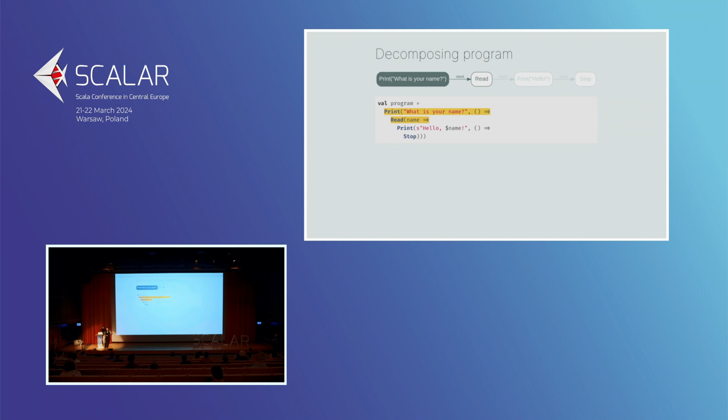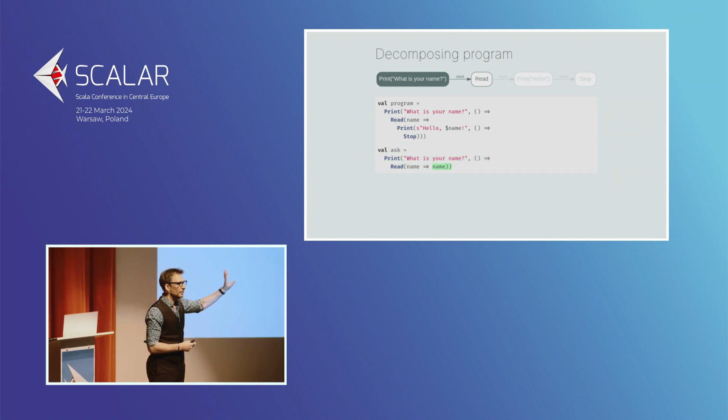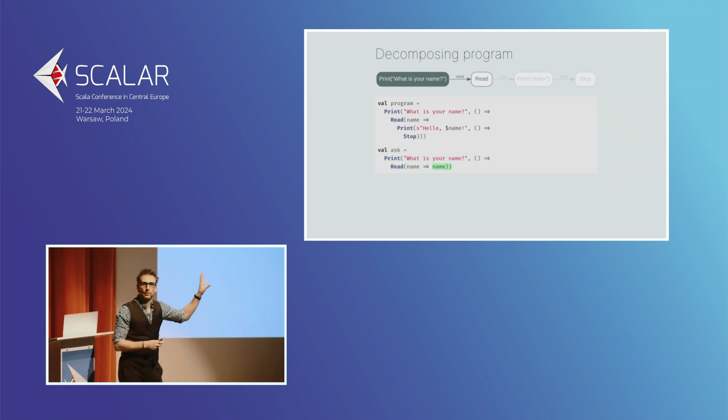So I'm going to extract that to ask here, which is not going to compile. Obviously, that's not the right type, but that's roughly the shape of what I want. I want somehow to return the name that I have read, right? And the type of that is going to be something console, which eventually yields a string. So it should look like that. This is ideally what we want to have. No, it doesn't compile. We'll fix that, don't worry.